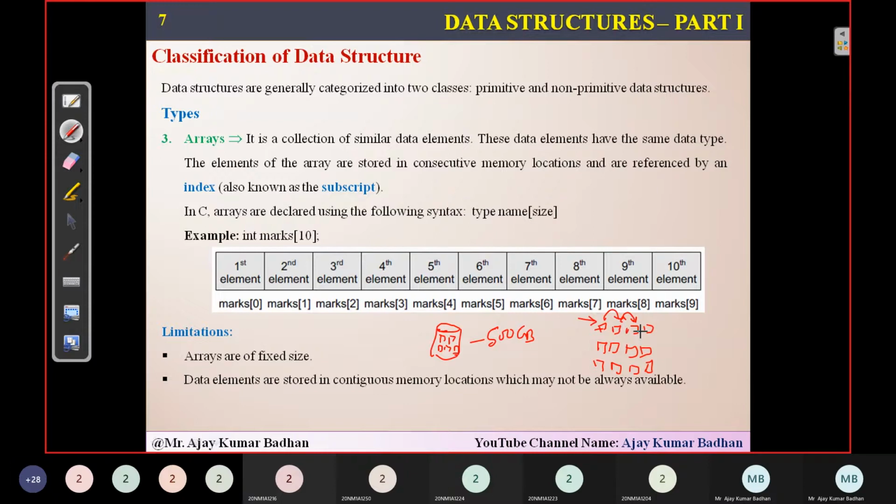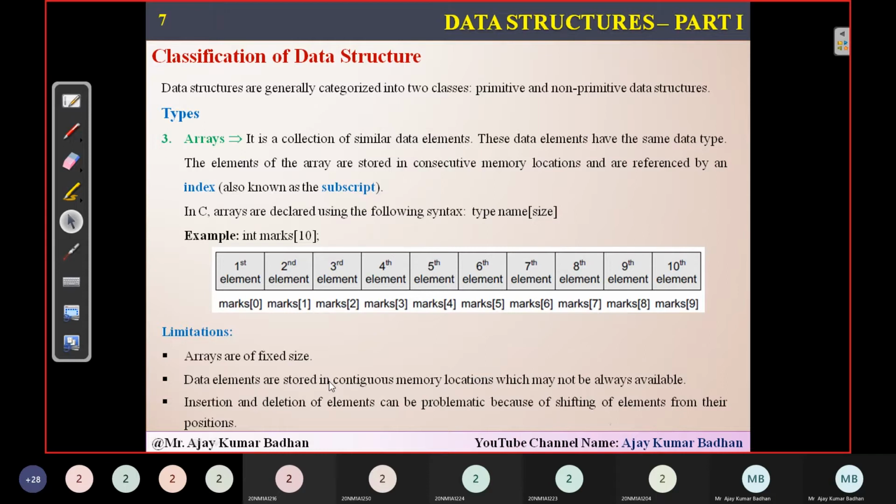For example, from the third block, maybe the next element will be stored in this particular block. From here it might be stored in this block, and from here in this other block. So there is no sequential order. If it stored one by one in each block, then it would be sequential. But we never store the information sequentially in our operating system, and that is what he's saying here. Since we cannot store information sequentially, but he is expecting sequential order, that is highly impossible. So that is one of the limitations.